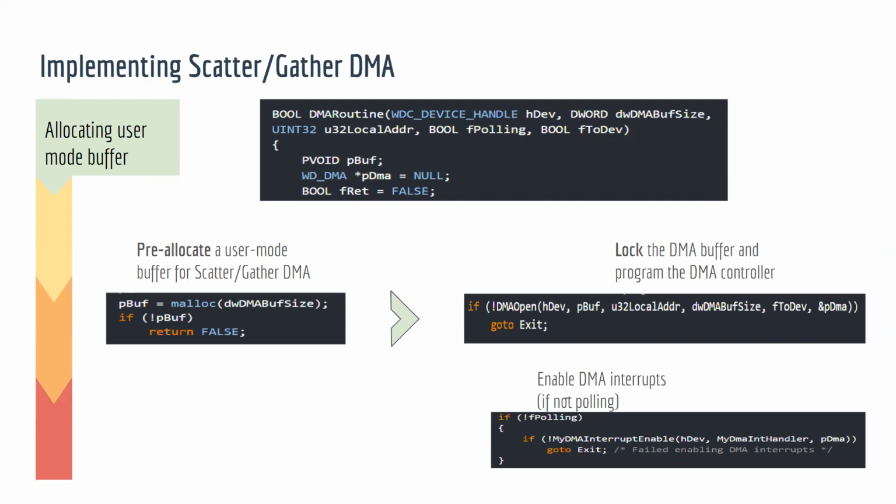Another operation that takes place here is the declaration of a pointer pbuff, of type void, which will be used to store a dynamically allocated buffer for DMA transfer. So dynamic buffer means that it is being allocated with every operation. So it's not a fixed memory section, it is dynamic. On a WD DMA,